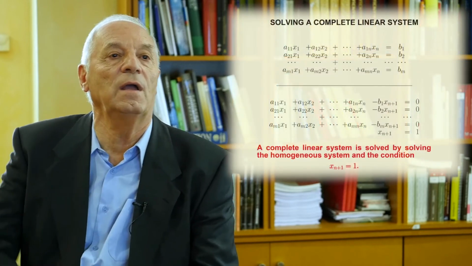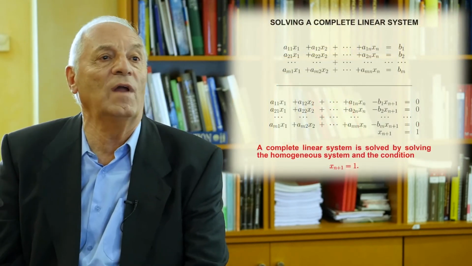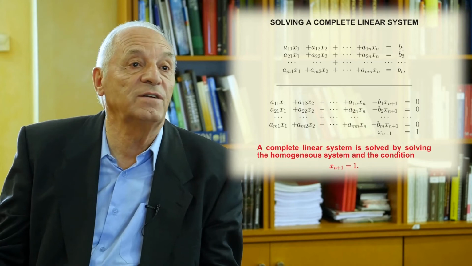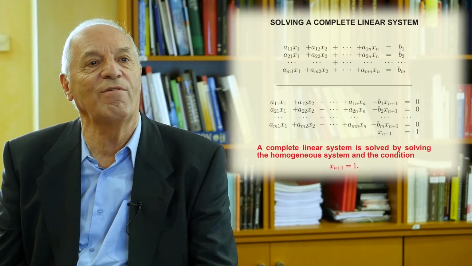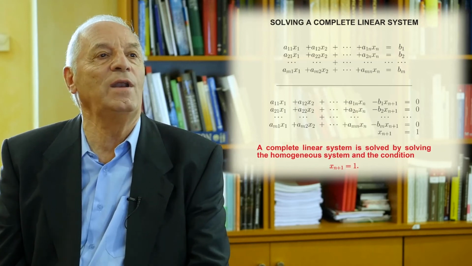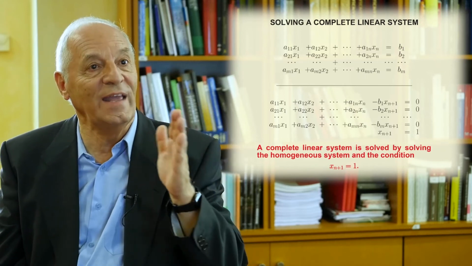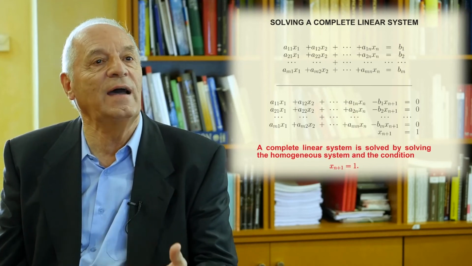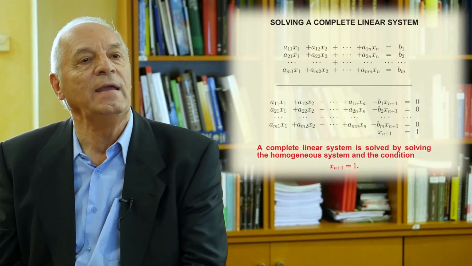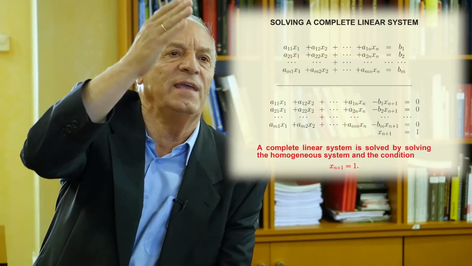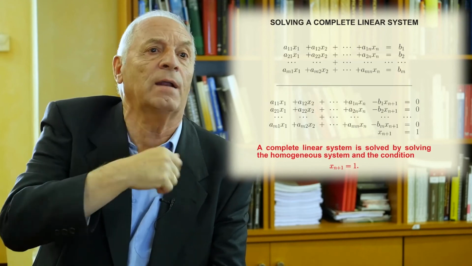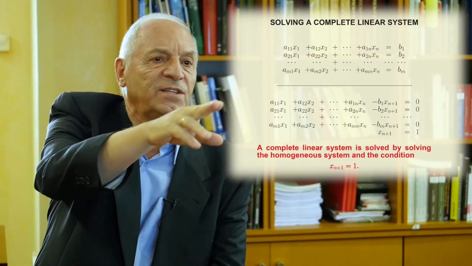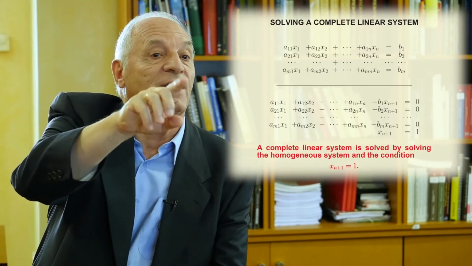What happens if you have a complete linear system of equations? What happens if the right-hand side terms are not all zero? That we don't have zeros, and that is a problem. But we are going to do something interesting. We are going to invent a new unknown, because we have x1, x2, up to xn. I am going to create a new unknown, which is xn plus 1. And I am going to multiply the b1, b2, bn by xn plus 1, and move it to the other side as it is below. And then I get the zeros that I like.